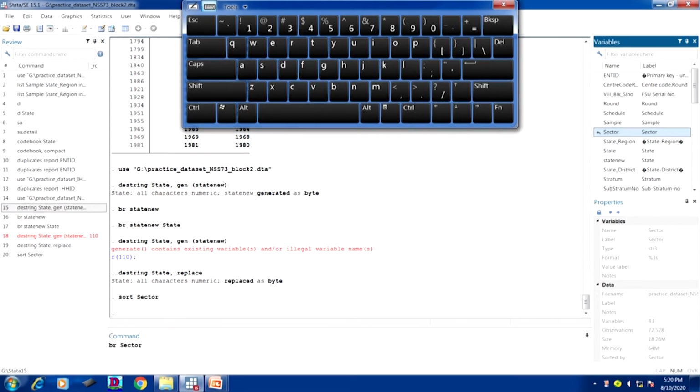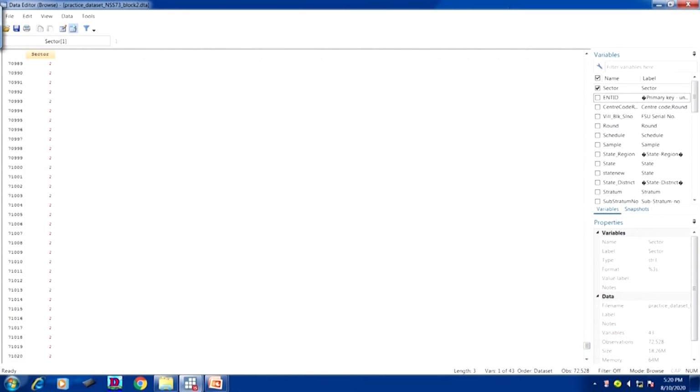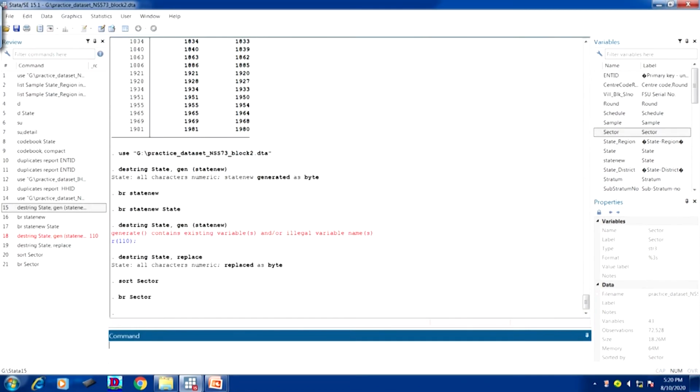Okay. It will show you it has already been sorted. Look at this, I am going down, 1 then 2 is there. So, since it is in ascending order, it has already sorted. Okay. So, let me move on.